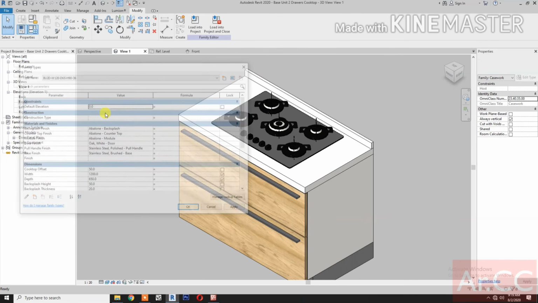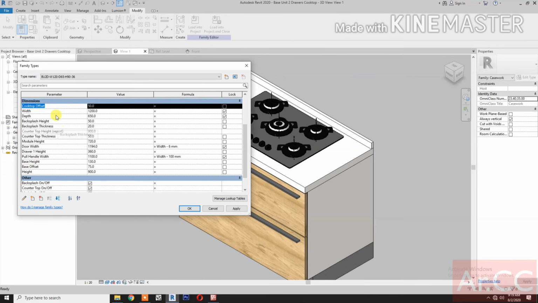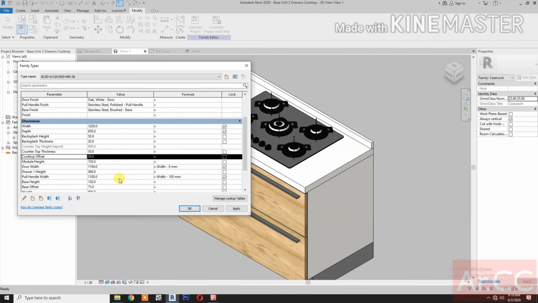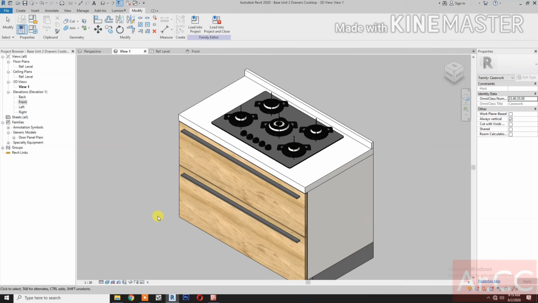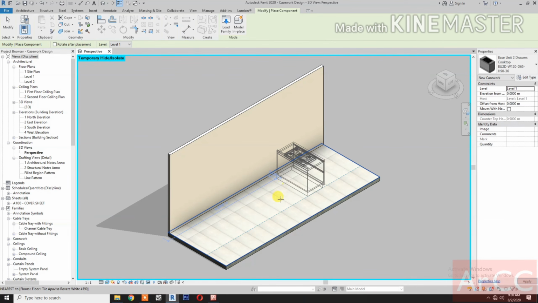next let's go to family types, select the cooktop offset, move the parameter down below the countertop thickness. Okay, next save the family. Okay, load into the project. Okay,